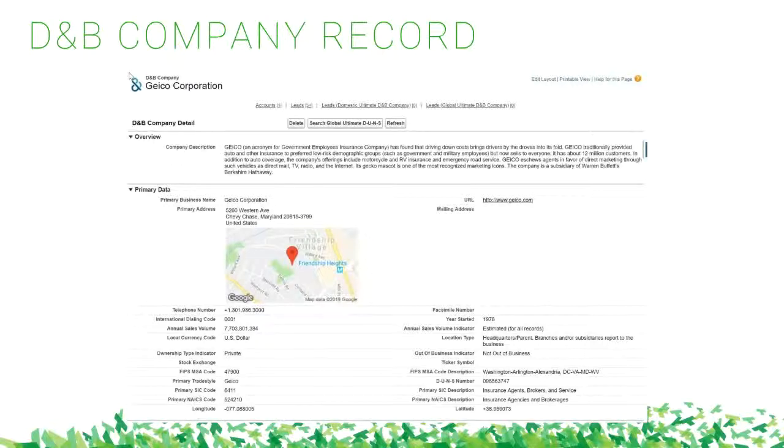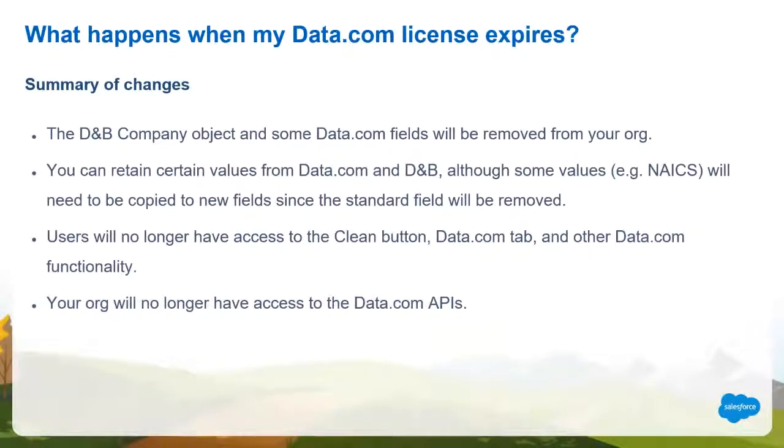Yeah, if you're on Performance Edition, definitely work closely with your renewal manager because you actually have more options on that front. So like David said, it includes the standard version of Clean and Prospector, and also many customers have also licensed Premium, so they also have the D&B company object. Now, since those data.com features are included in Performance Edition, when you come up for renewal, you should work with your renewal manager to determine whether you'd like to just move over to a version of Performance Edition that doesn't include the data.com features, and that's our recommendation.